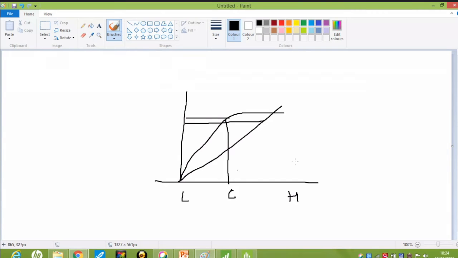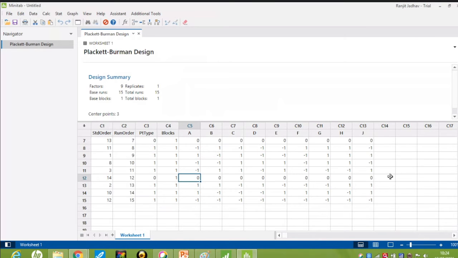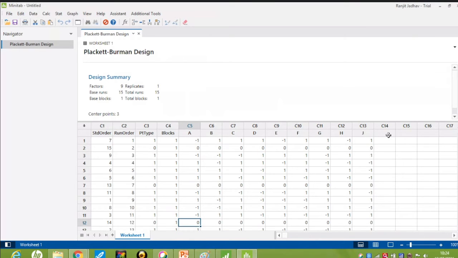So that's why we add a center point, and we take the center from the levels. We have to select the center of the 2 levels. Is it clear?